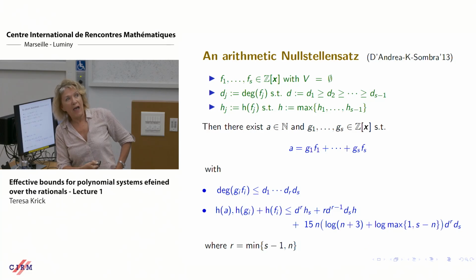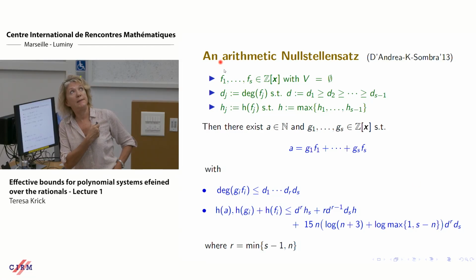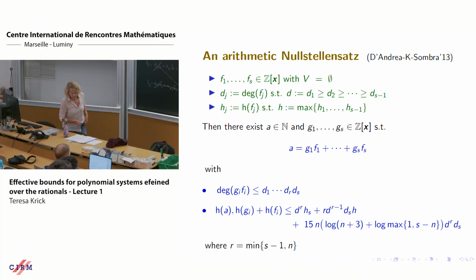Again, I could have put, say, C of n, a constant depending on n, but I want to show that this is a bad constant, but it is a constant. It can be better, but I just looked at the constant. And here, the typical situation when you have an empty variety is that you have n plus 1 polynomials. So in the situation of n plus 1 polynomials instead of s, this term here, which depends on s, will disappear. So this is the effective Nullstellensatz, arithmetic Nullstellensatz.